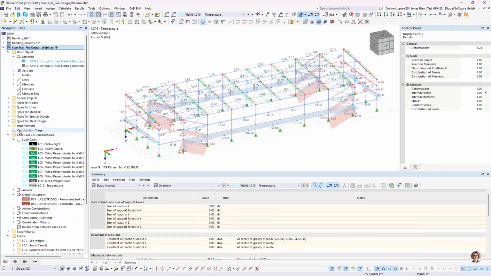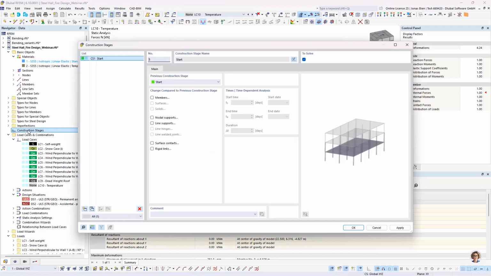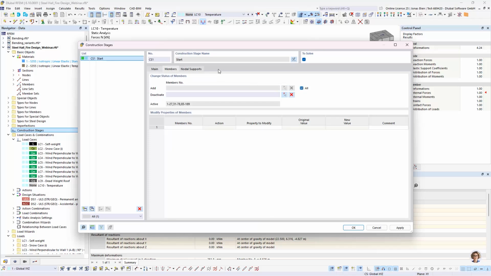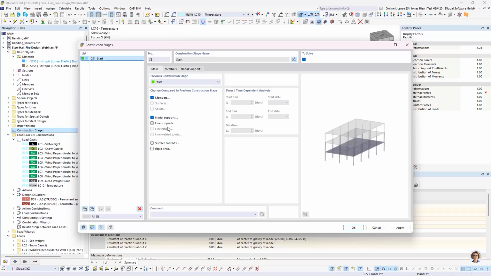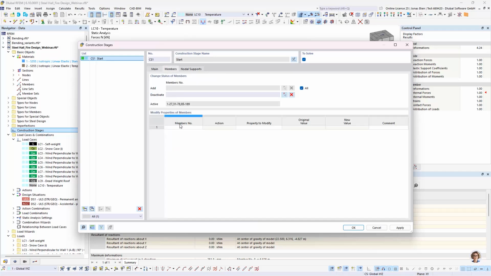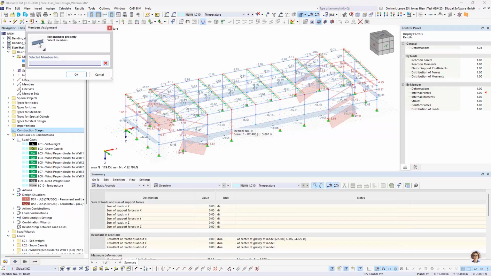So I activated the construction stages add-on, and I create a new construction stage where I want to activate basically all my objects that are relevant for my analysis. So all the members and nodal supports. I don't have any line supports or surface contacts or rigid links. And then under the member tab, I can not only activate or deactivate members here, but I can also modify them. And for example, I could now say, okay, this column here,